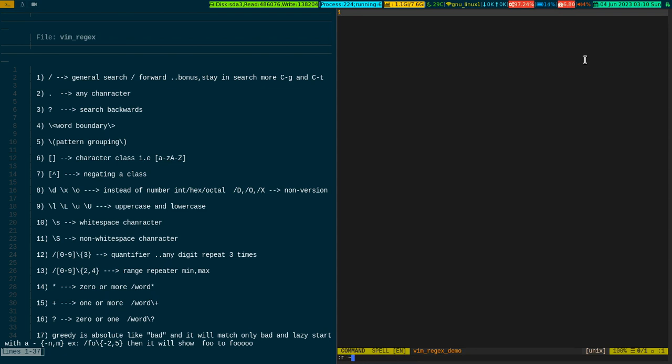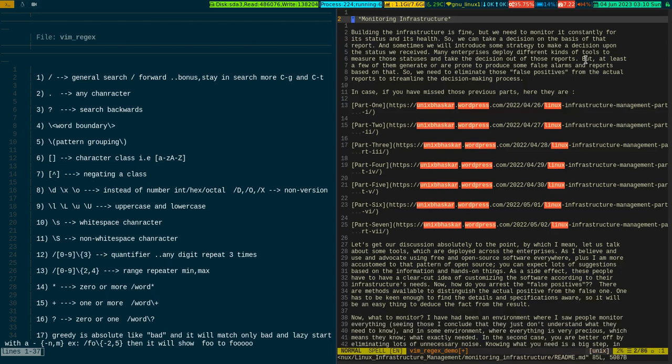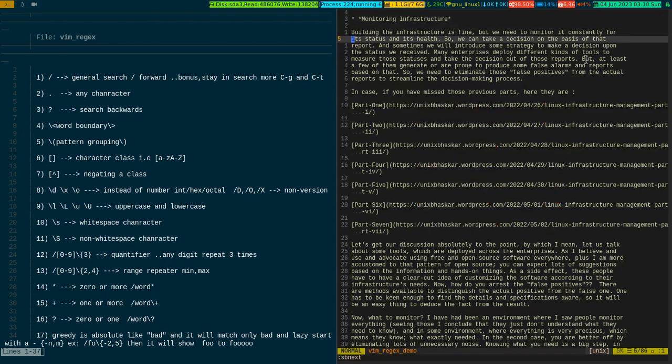I'm just randomly choosing a file which infuses some text in this buffer. All right, so I have infused some random text in this buffer,